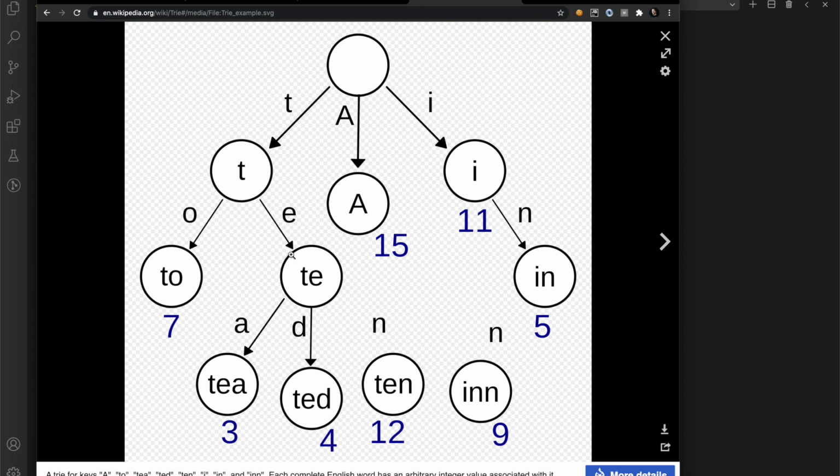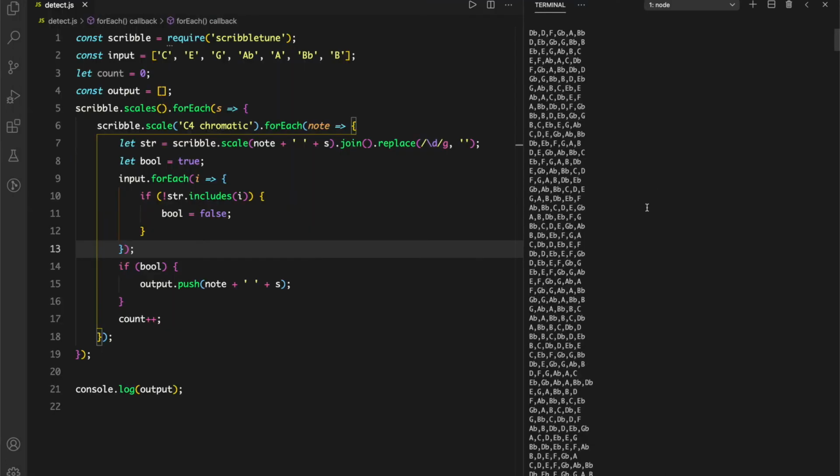Once a node has this relationship, it never goes back. So for example, this T cannot have a relationship with this A over here. But the way these scales are laid out, there can be such overlaps that nodes interact with each other, and they don't necessarily have just a parent and child relationship.